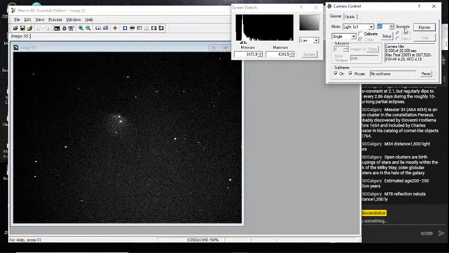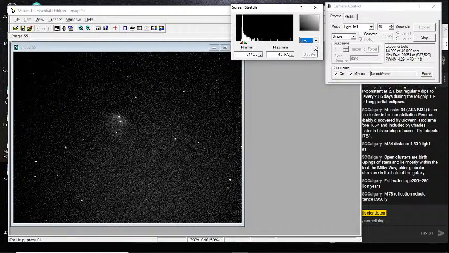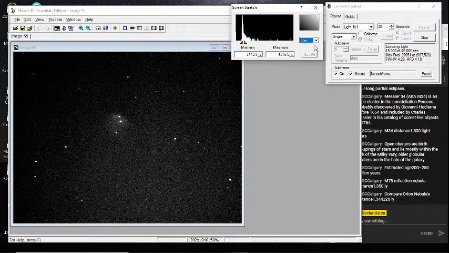I can increase the exposure up to 40 seconds and we'll get a better view. I'll make this medium. The reason why we see it is the light from these stars here is bouncing off of it and coming at us. So if we were to take a color picture of this, it would appear blue. There are a lot of things that affect nebula color, but generally, if it's kind of a sky blue color, it's a reflection nebula. If it's kind of a red color, it'll be an emission nebula.